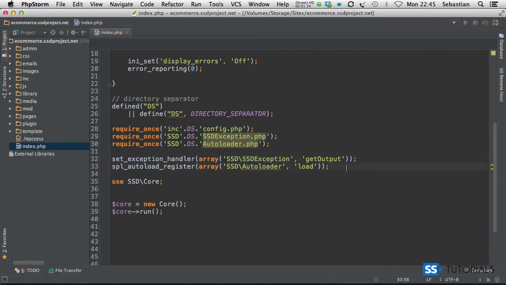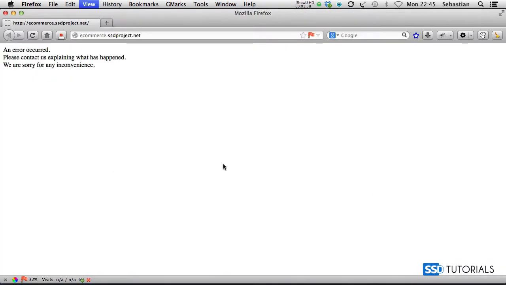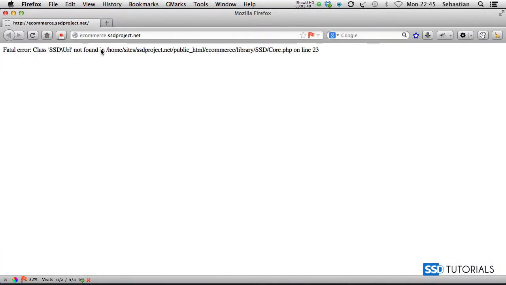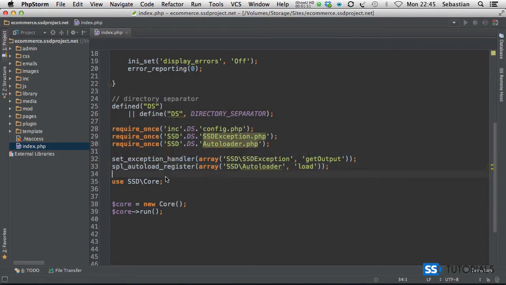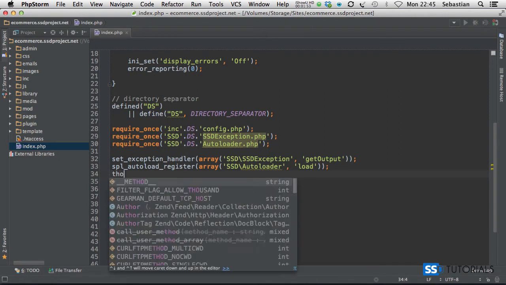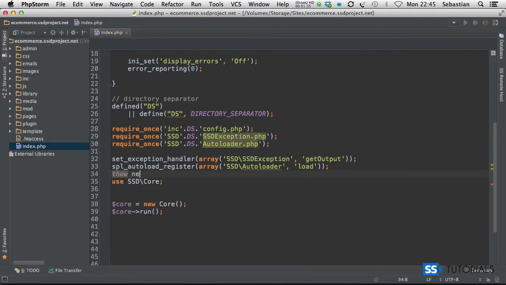Now, at the moment, if we go to our browser and refresh the page, you can see that we get this error, the SSD URL class cannot be found. Obviously, there are lots and lots of changes that we need to do. But if we go back to our editor, and now I throw new